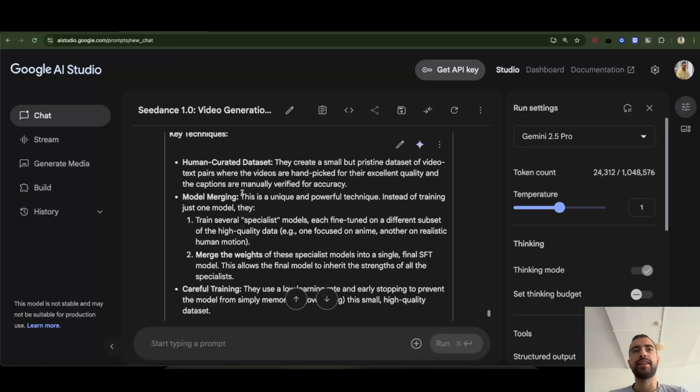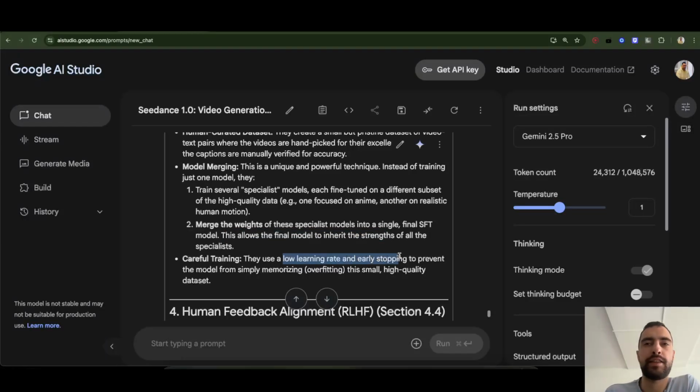Model merging, this is a unique and powerful technique. Instead of training just one model, they train several specialist models, each fine-tuned on a specific subset of high-quality data, anime, realistic human motion, etc. Merge the weights of these specialist models into a single, final supervised fine-tuned model. This allows the final model to inherit the strengths of all the specialists. They use low learning rate and early stopping to prevent the model from simply memorizing, overfitting on this small, high-quality